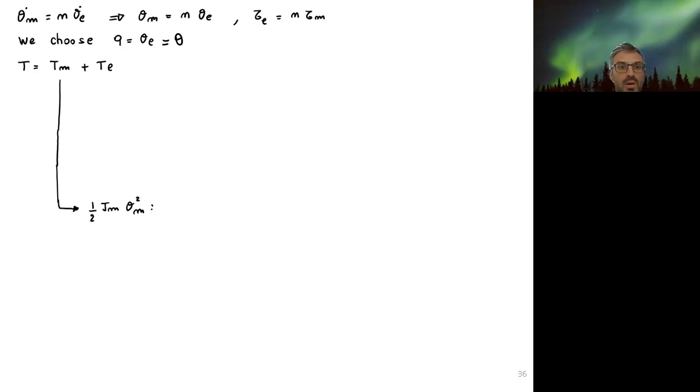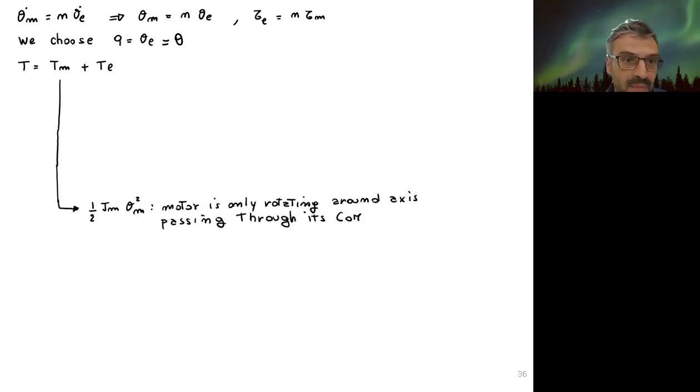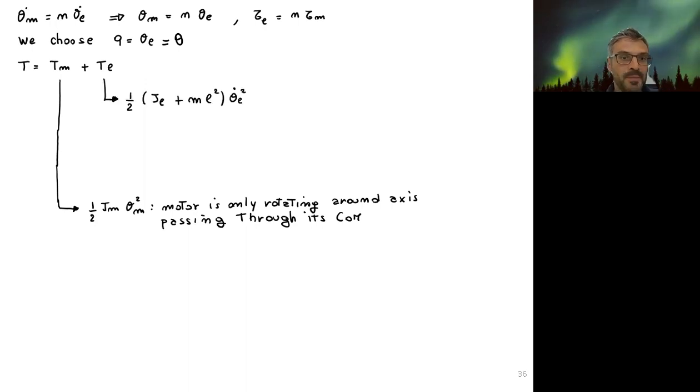So we consider only the rotational kinetic energy, that in this case is a scalar because we have only one term, since we are considering rotation only about the z axis. So we consider Jm, the moment of inertia about z. And then we have what? We have